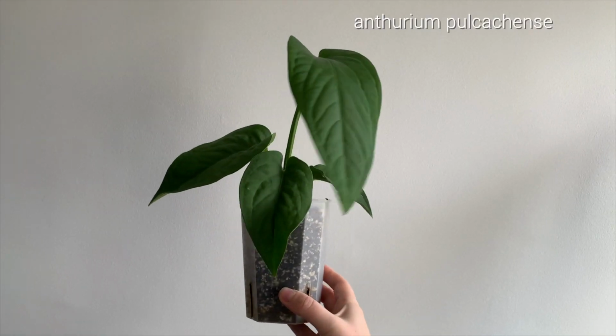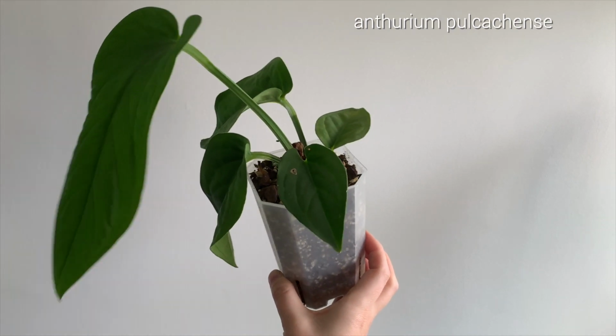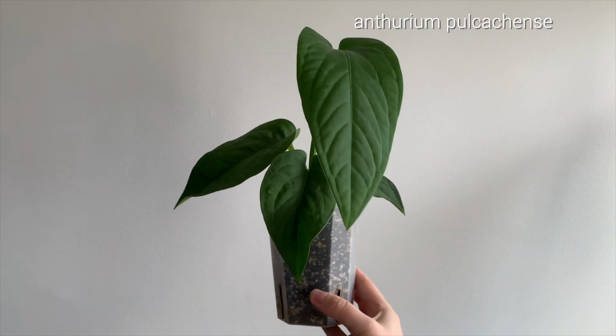So for this trade, I traded my Anthurium pulcachense, the one I got from Equigenera. It's not really a common Anthurium in the UK, so I think that's why she really wanted it, because I haven't really seen it being sold here, and she's a big Anthurium collector, so I think it did make sense and she did really want it. And so